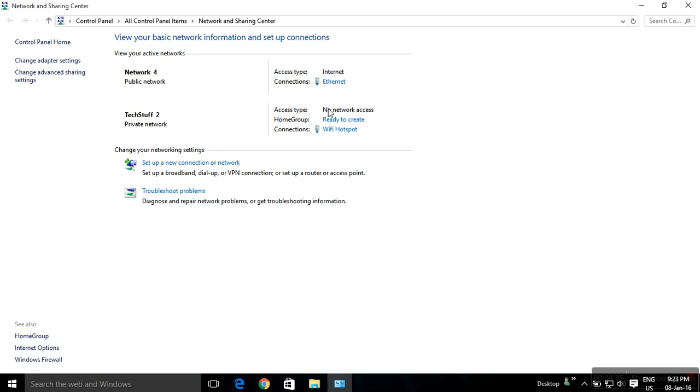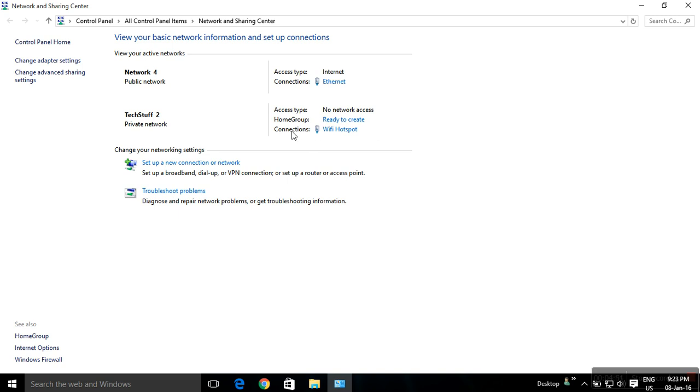So it says access type no network access because you have just created and started your Wi-Fi hotspot, but your Wi-Fi hotspot actually doesn't have any means to connect to the internet. So we just have to share the Ethernet's internet access with the Wi-Fi which you have created.